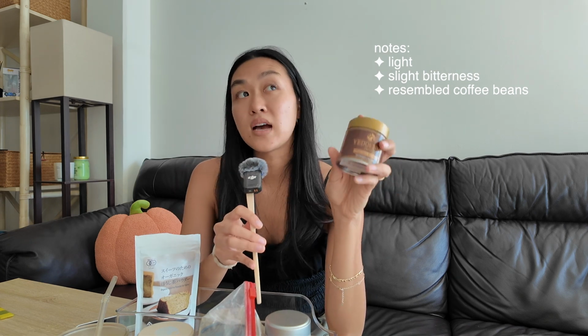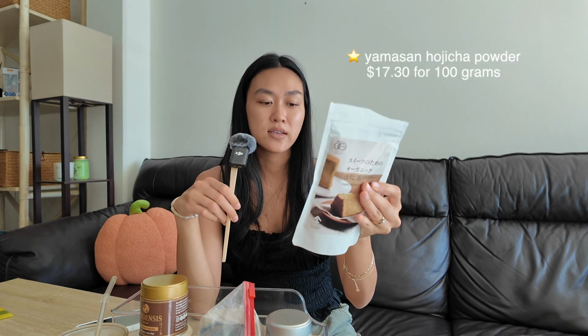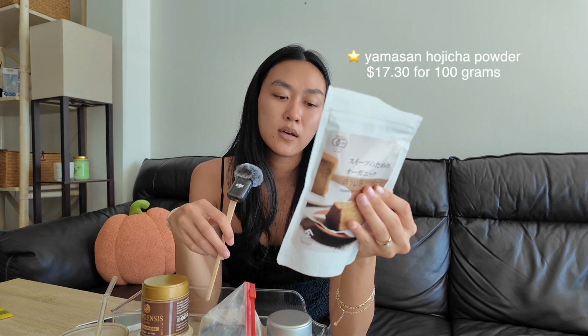I don't think it tastes exactly like coffee, but I feel like it resembles coffee a little bit in the taste of it, so I would suggest trying this one if you do miss coffee, or if you even like the taste of coffee. Then lastly that I have here with me today is this hojicha powder from the brand